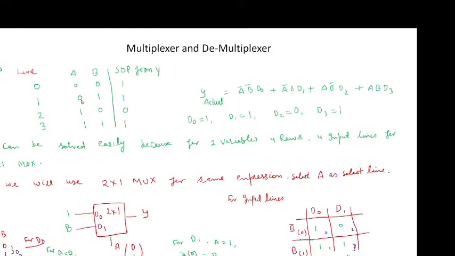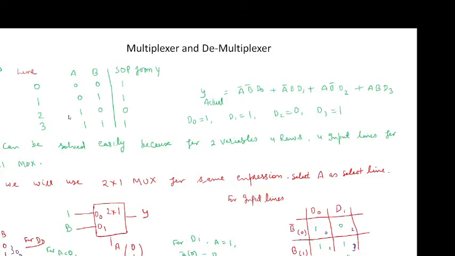Now for D1, AB is 0, 1 and it lies on line 1. So line 1 is in the expression, so the output will be 1. Now for D2, AB is 1, 0 and it lies on line 2.